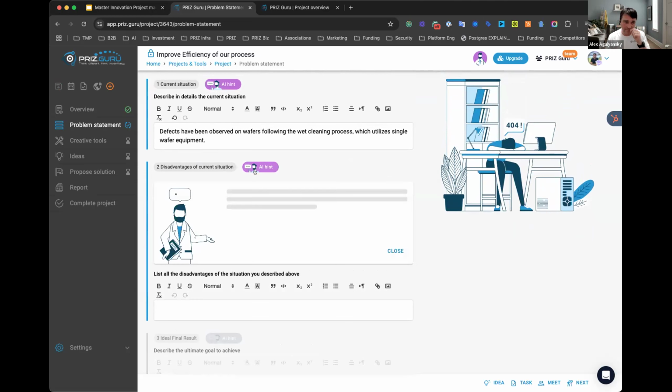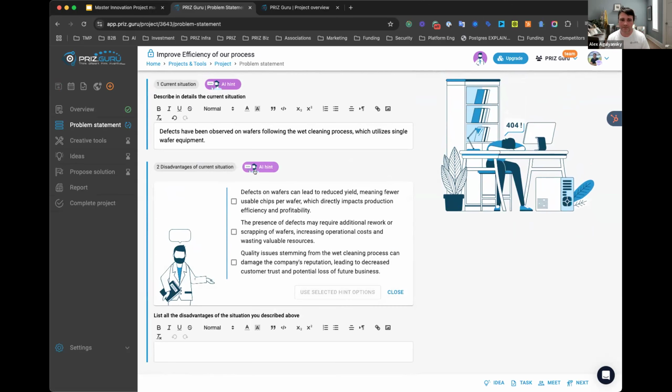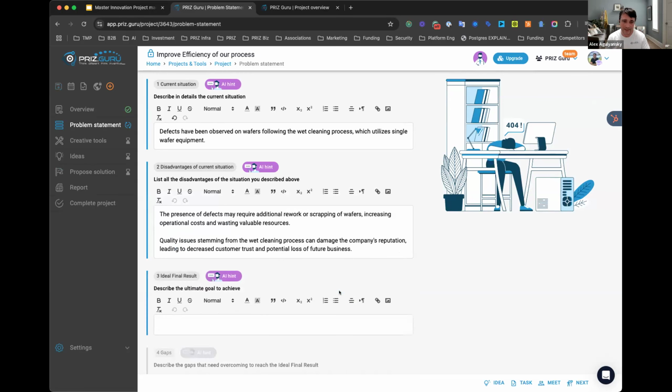Disadvantages of the current situation, right? It could cost money, we could lose clients. There's a bunch of different disadvantages, or why is it bad. This is where we're potentially seeing one symptom. You can treat the current situation as a symptom, and the problem that it causes could be multiple different problems. For example, we will choose one of these. Again, please fight with the machine. The machine is not always right. It just gives you some hints.